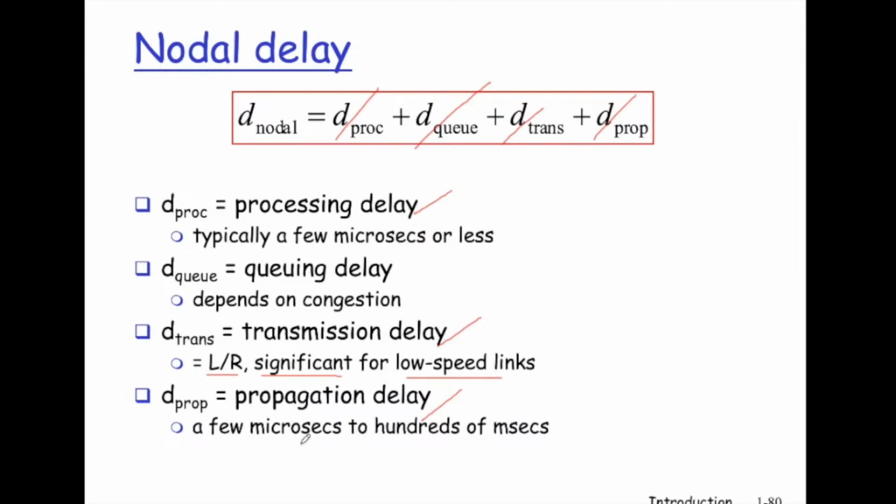Propagation delay is slightly harder. It varies quite a bit from microseconds to hundreds of milliseconds. This extreme is for satellite links, for example. We've seen earlier it could go up to 200 or even more milliseconds. Sometimes the transatlantic or trans-Pacific links, very long optic fibers, could also take up to 100 milliseconds. Now, in the process of calculating packet delay, the hardest component is queuing delay. It's very hard to calculate accurately because it depends on the congestion level at the router.